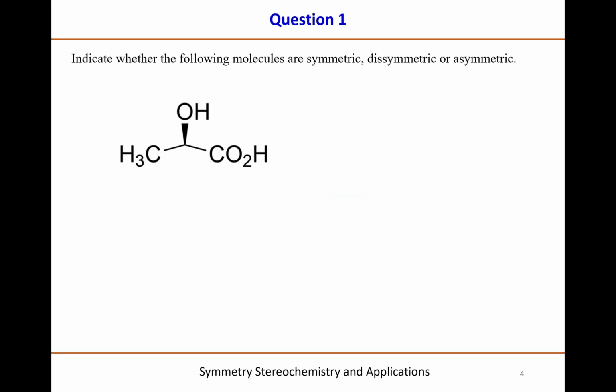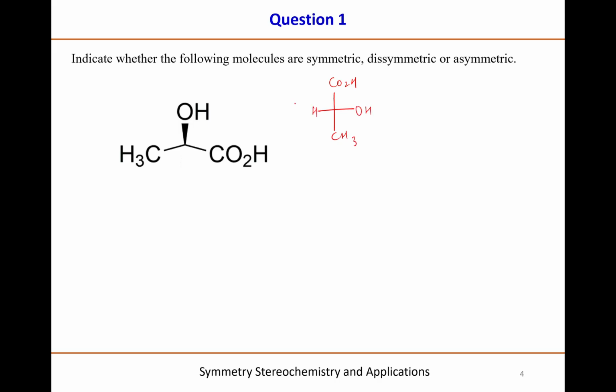Next, here you can see that the question is again the same. We have to find out whether the molecule is symmetric, dissymmetric or asymmetric. We have to categorize the molecule, right? So in this question, we have this molecule. We have one CO2H and one CH3. So I will write it in this way, CO2H, right? CH3,